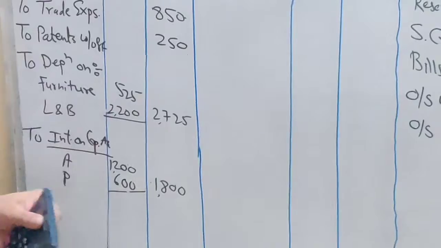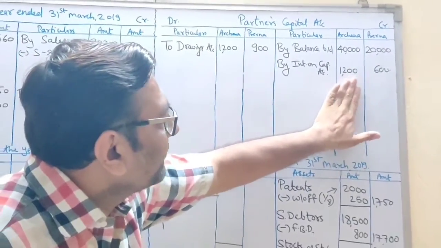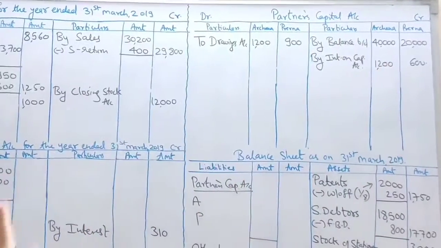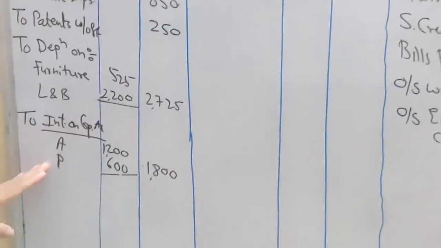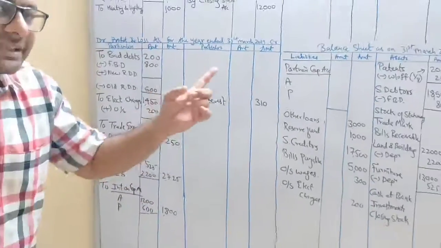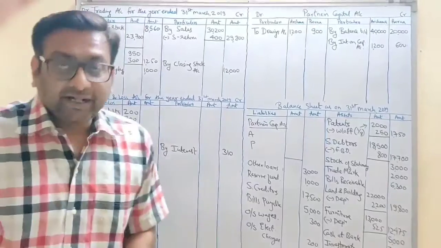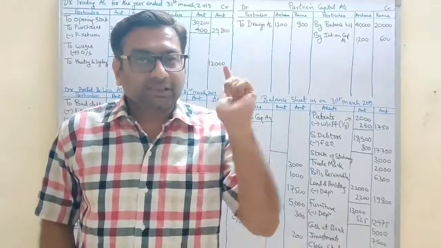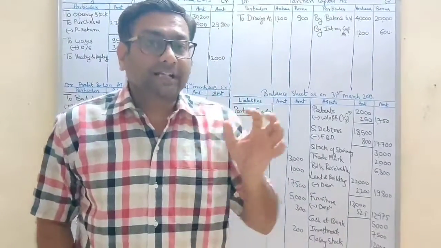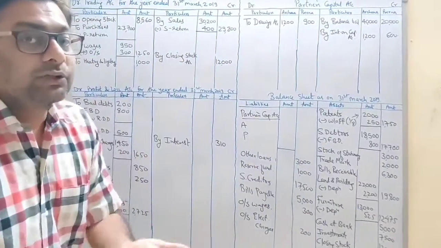So this is a shortcut, students. Interest on capital below capital, and the second effect, effect 2, will go on the opposite side of the P&L account, that is on the debit side. So one effect in the credit, second effect in the debit. Am I clear? Do remember this trick for remembering the two effects. We are done with the adjustment also. We are done with all 3 steps. First, ticking, we have done the ticking. Then second, trial balance, writing one time. And third, adjustment, giving two effects, writing 2 times.